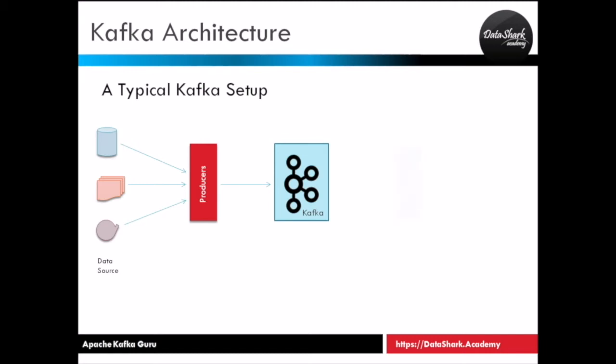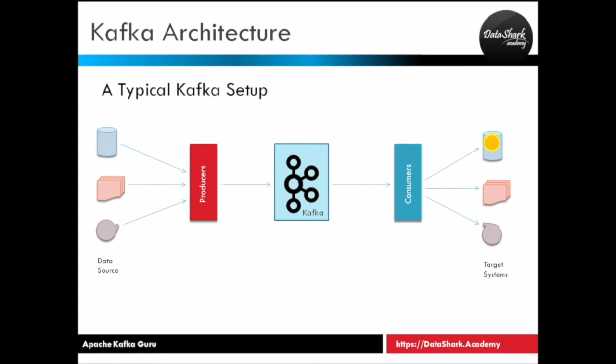Let's move to the right side of the diagram. There you see a blue rectangle. This is a consumer. You can have one or more consumers here. Each consumer is reading data from a partition inside the Kafka cluster and sending that data to the target systems. Now target systems could be the same as the source systems, which means that it could be a relational database or a file system or some other kind of system that is storing the data.